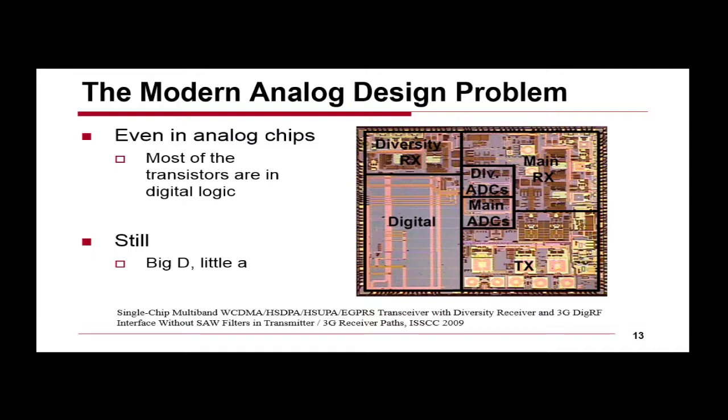And this causes a huge problem in today's chips, because even for an analog chip, right? So this is an analog chip. It was in 2009. It's basically a multi-band receiver. But if you look in that multi-band receiver, which is an analog portion of the chip, there's a huge portion of digital logic in there. And that digital logic is doing all the correction and adjustments that make the analog circuits really work. And therefore, to test out this analog system, we need to actually run it with the digital logic. Does that make sense?